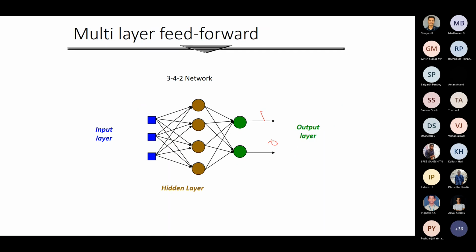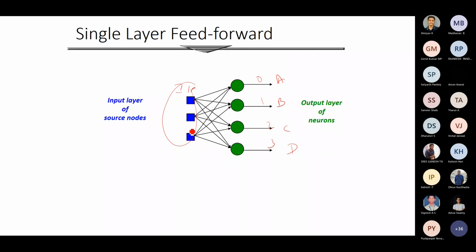This is a multi-layer network. So this is the input layer and this is the output layer. The input is directly not connected to the output, and you have some kind of a hidden layer, which is a 3-4-2 architecture, which is 3 input features, 4 nodes as intermediate, and 2 as the output layer. So here you have 3 features and you want 4 outputs. For example, you want to decide 4 characters A, B, C, D. So you have 3 features to give to the model. Using some combination, this is a fully connected network.